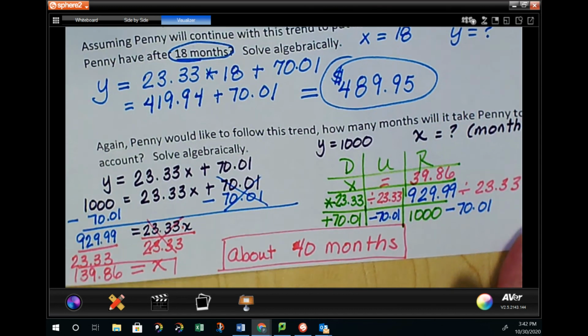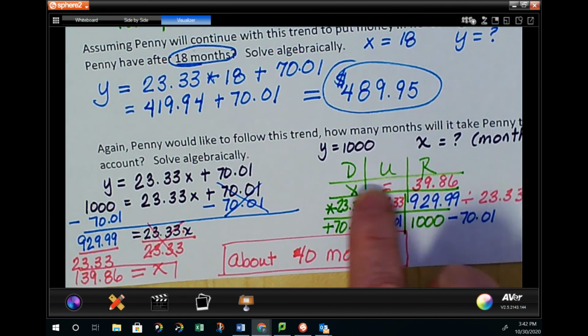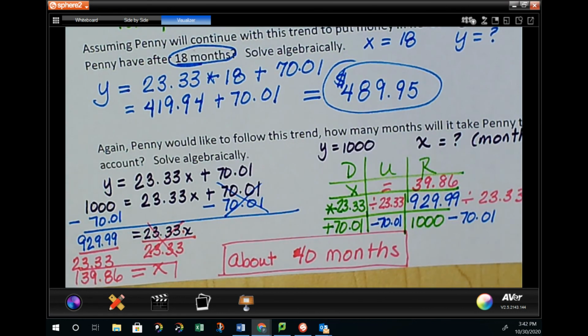The only reason I taught you the DIR table is because some people need this little step-by-step process to make sure they subtract or add correctly. A lot of my students, before I started teaching the DIR, would divide first and then subtract 70.01. That is why I teach the DIR. So again, this is real life context of trend line and why you would actually use it. You do have a homework assignment about trend line, and